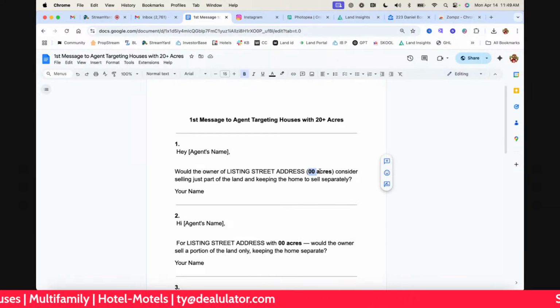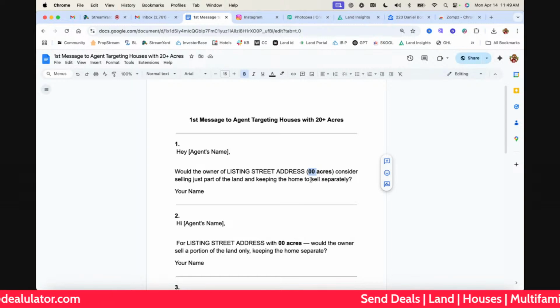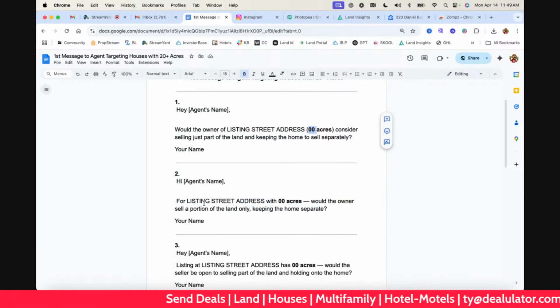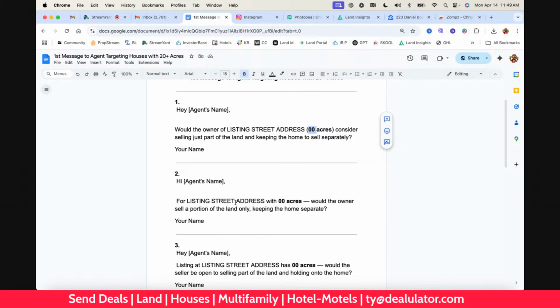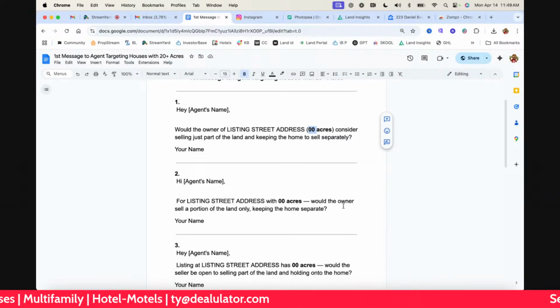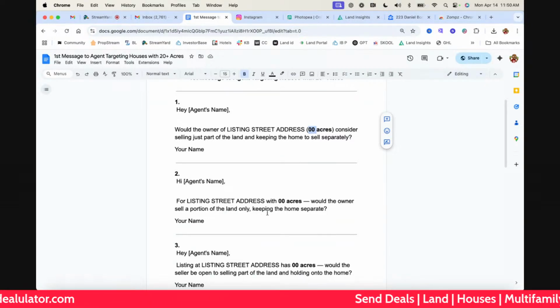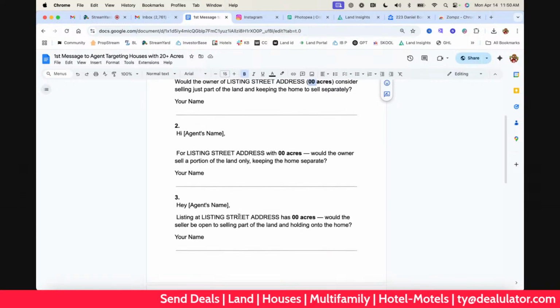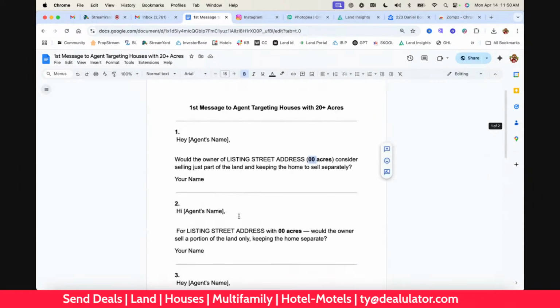So in this case, it'll be the 140 acres. Consider selling just part of the land and keeping the home to sell separately in your name. Another one here: hi agent name, for whatever the listing address is and the number of acres. In this situation, 140 acres. With the owner, sell a portion of the land, only keeping the home separate, your name. So it's just different versions. I got 5 of them here.